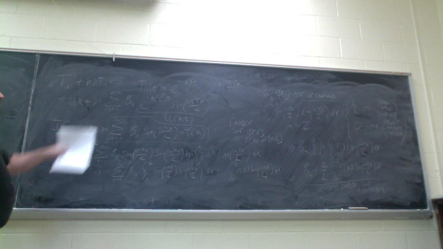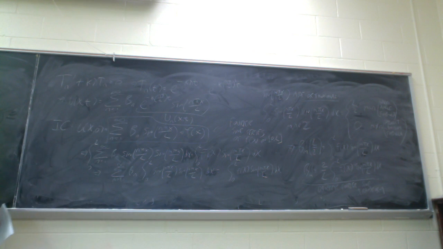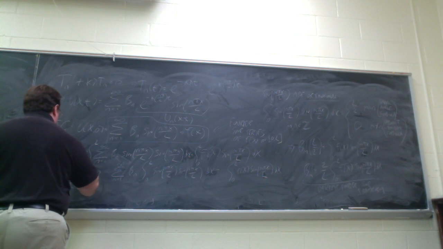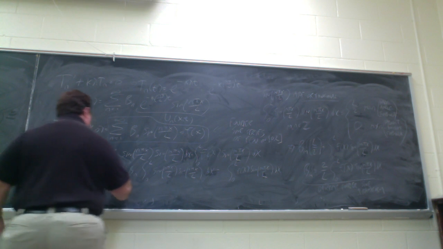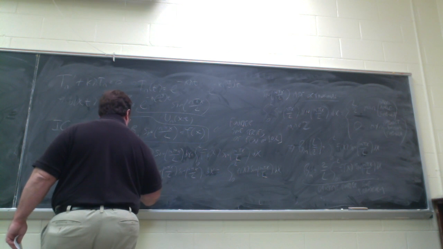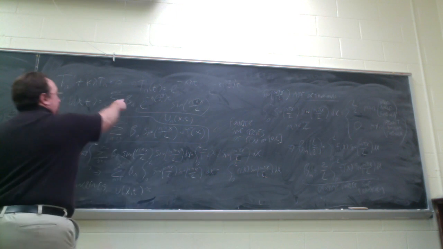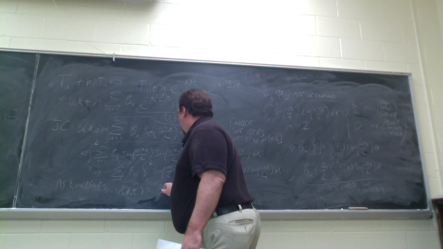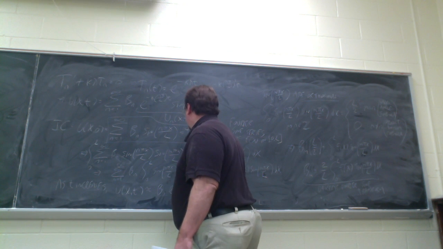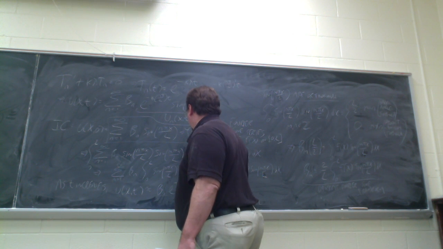So in fact, these terms, as n increases, quickly become negligible. So as t increases, we can get a good approximation of a solution using only the first term. So that would be b1 e to the minus k pi t over L, so the n equals 1 case,